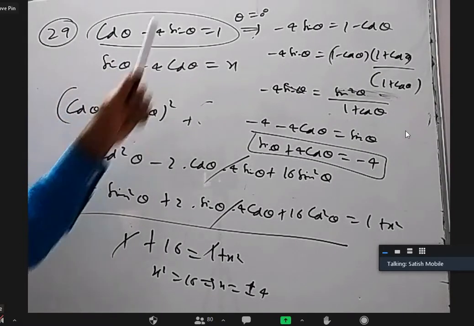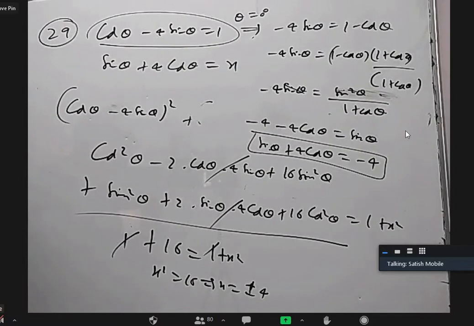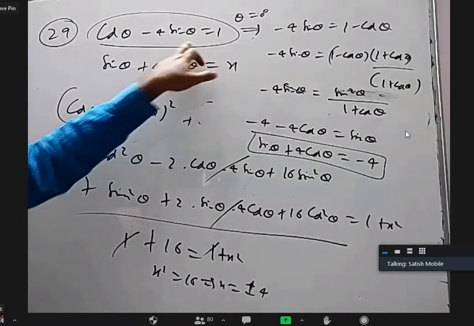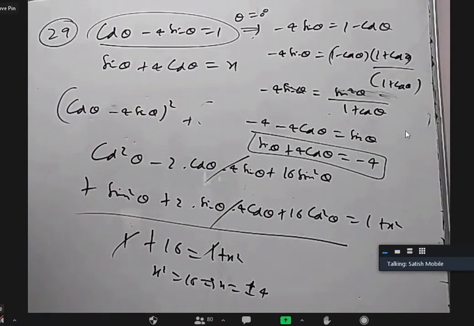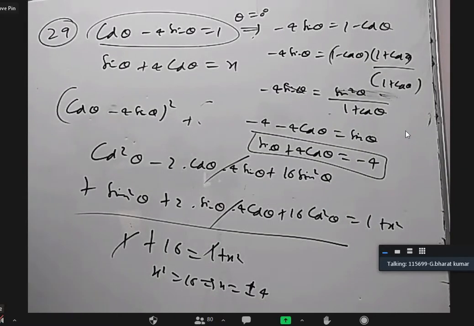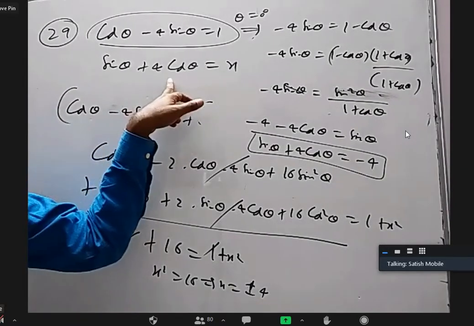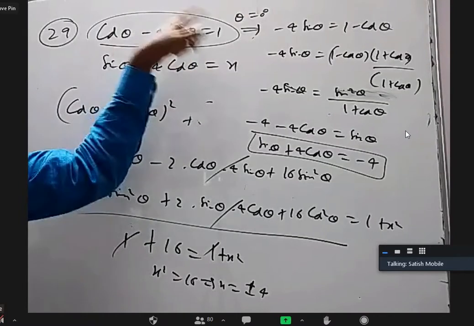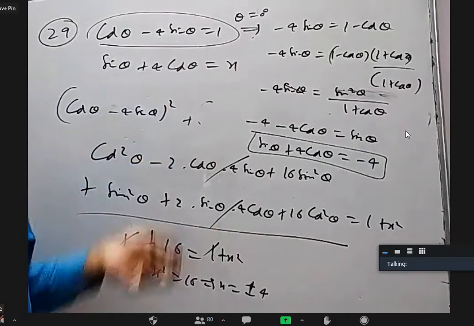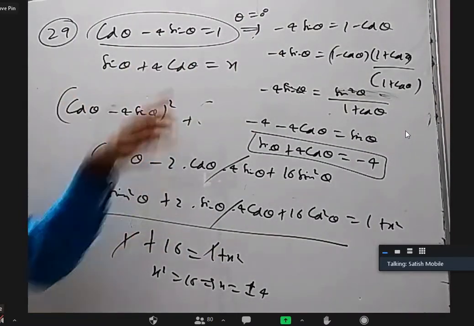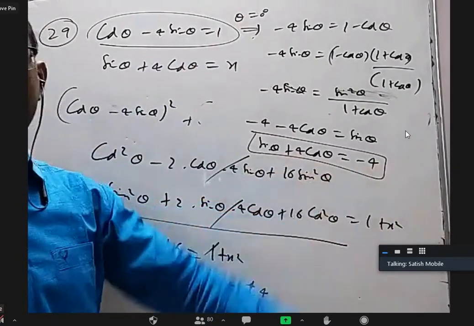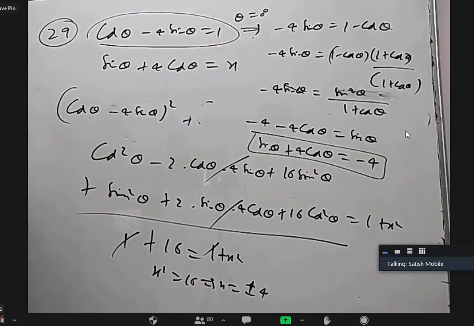Cos 0 is 1, sin 0 is 0. Am I right? Yes, sir. If theta is 0 degrees, a solution to this, substitute 0 degrees here. What is the answer that will come? Plus 4. So plus 4 is also correct for theta 0. There may be some other theta also satisfying this, not 0 degrees, that we may not know at this stage. But for that, the value of sin theta plus 4 cos theta is minus 4. Is it okay, Hemant? Yes, sir.